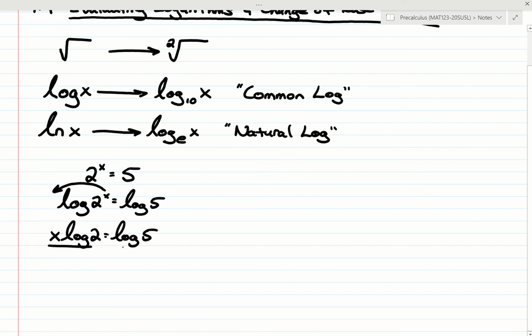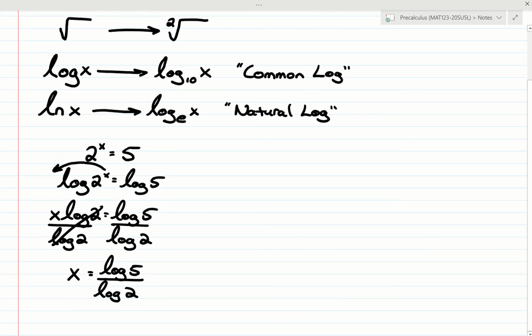And then log 2, you could just type in your calculator. We know log is really log base 10. So in your calculator, you could just type in log of 5 divided by log of 2. Now you don't have to say log base 10. If you say log, it's assumed to just be base 10. So you could type that into your calculator, and let's see what I get here. So log 5, close parentheses, divided by log 2, close parentheses. This comes out to about